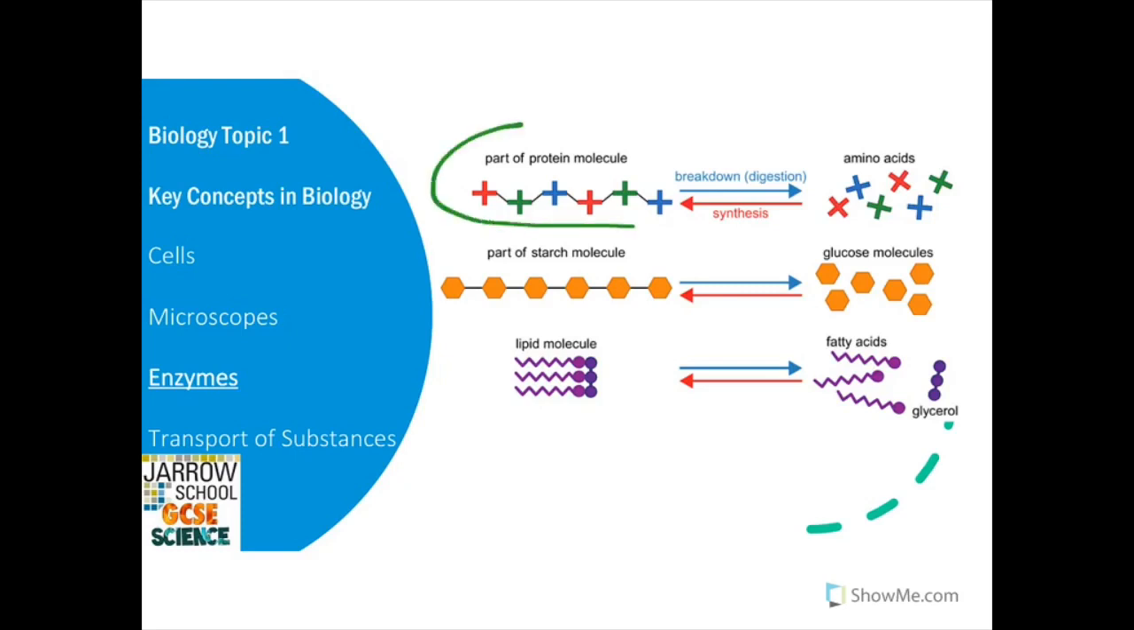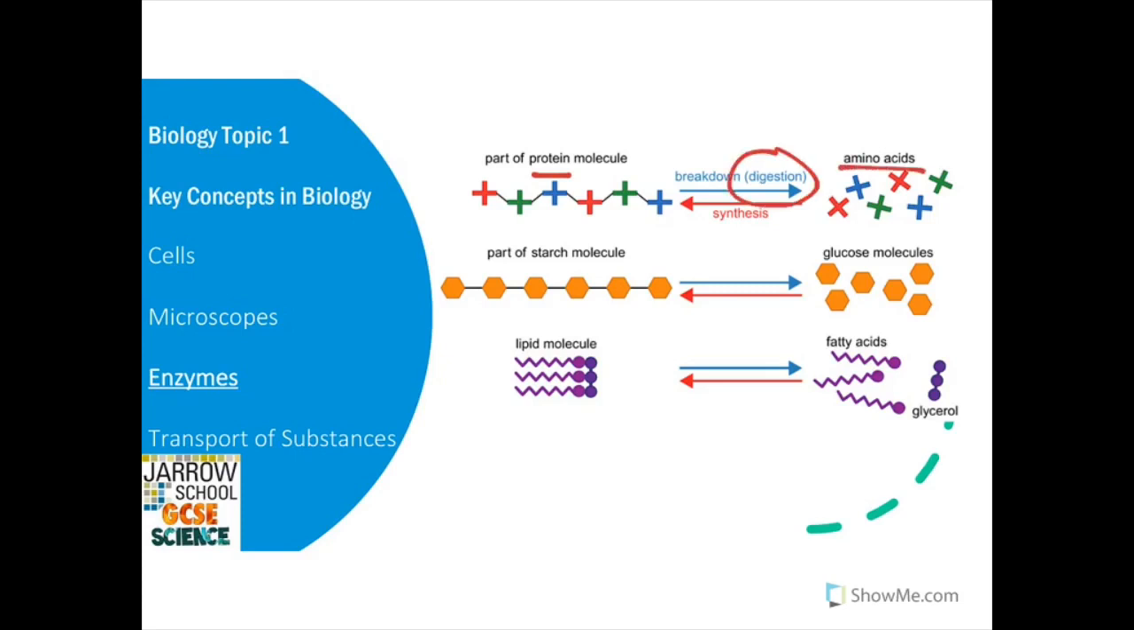So any protein that we eat, so things like meat, fish, eggs, have lots of protein in. The protein will be a large molecule, and that won't be able to pass from the gut into the blood. So we have enzymes in our digestive system that break down the bonds between the individual monomers of the protein, and those monomers, which are single small molecules, are called amino acids. So we can say that protein is broken down by enzymes